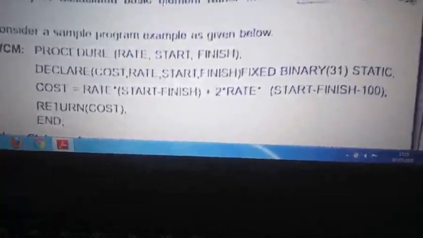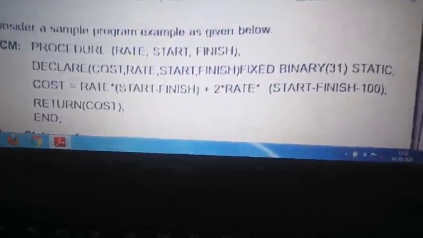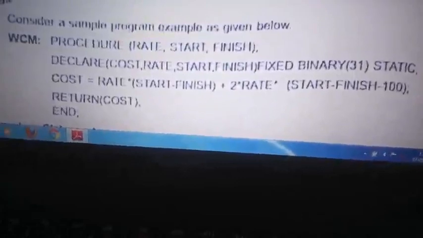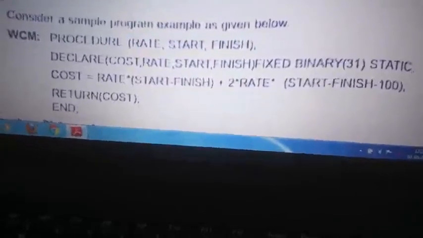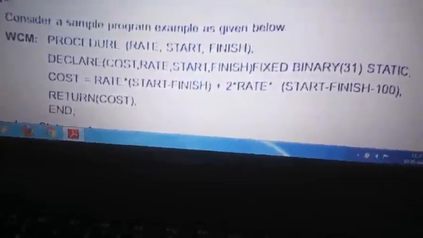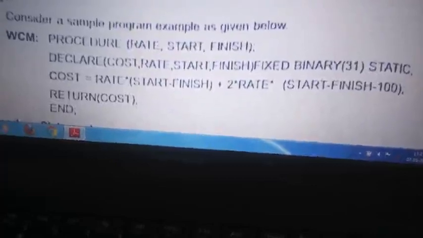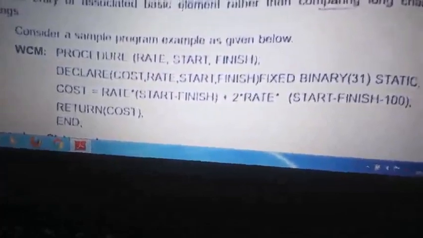It is static, meaning the content you are storing cannot be changed. Then you have a formula: cost is equal to rate into start minus finish plus 2 into rate into start minus finish minus 100, semicolon, then return open bracket cost and end. It is the end of a procedure, a simple procedure, right?